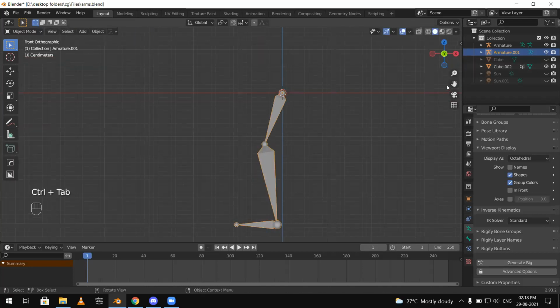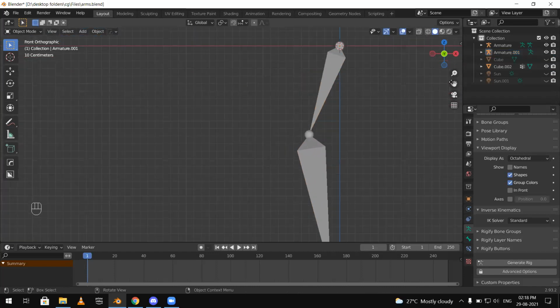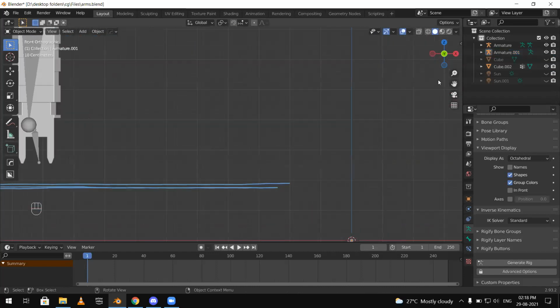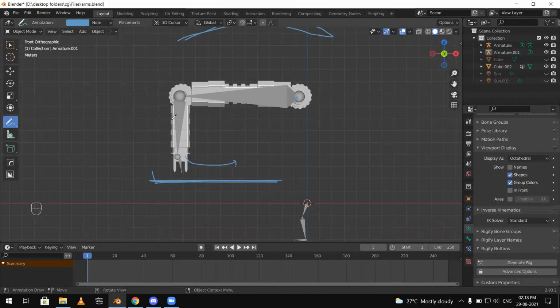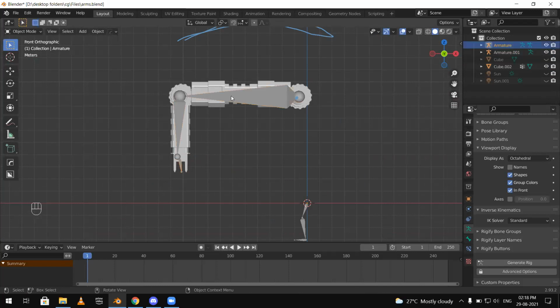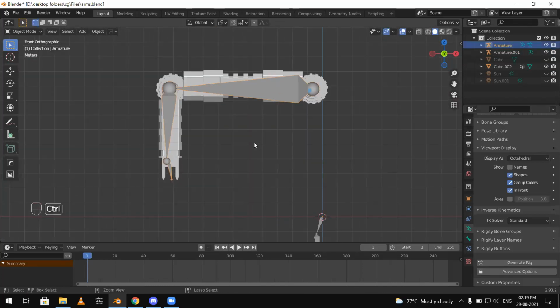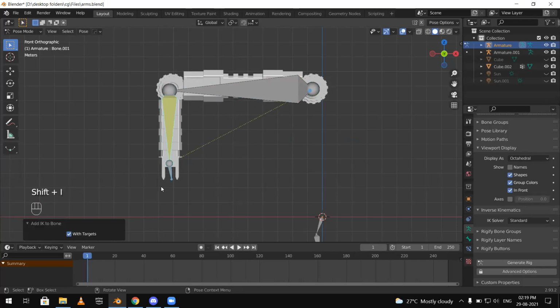And now, using a similar procedure, we are going to make the arms. So now we know that our arm can only move in this direction. And this part can rotate up to there, but not completely there. Let me erase this. We will select our armature that we are going to animate, press Control plus Tab, go into pose mode, select our control bone, then the bone adjacent to it, press Shift plus I, inverse kinematics.